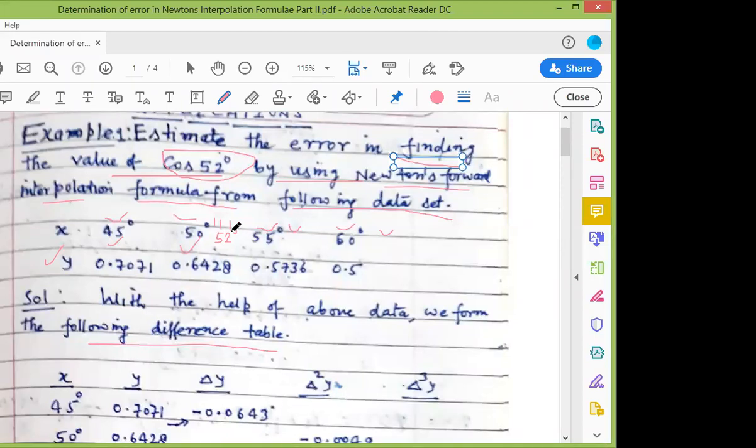You can even apply it, if I say 53 degree instead of 52. This will be a home assignment. You can compute by the same procedure for 53 degree. For 53, what approach will you apply, backward or forward? Here it is already mentioned to use the forward one and then compute the error. Naturally we will compute the error.